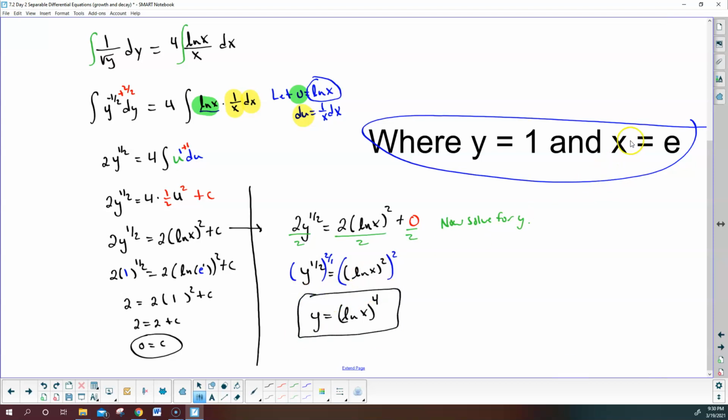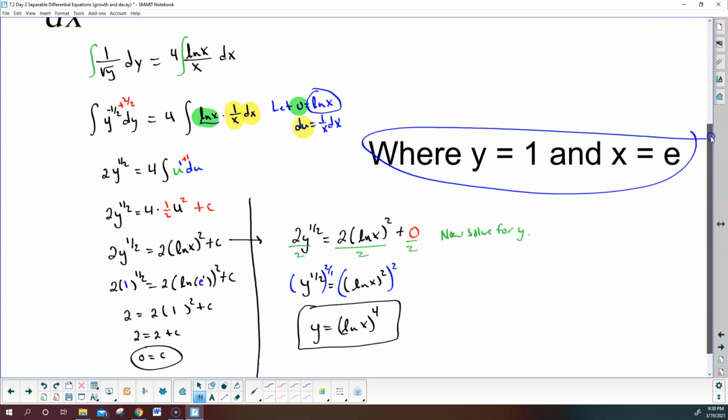I would also check what happens if x is e. When I plug this in, I get ln of e is 1. 1 to the 4th power gives me 1. So I checked my initial condition. The signs work out, the values work out, and everything is good. So those are how you do some